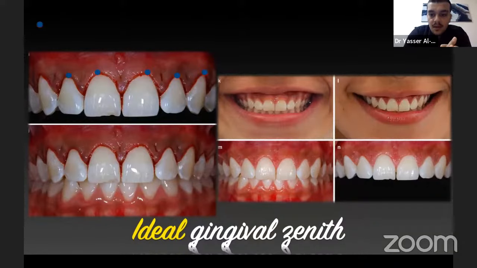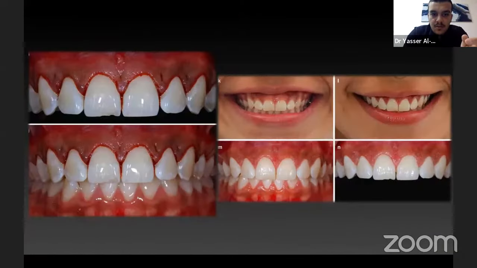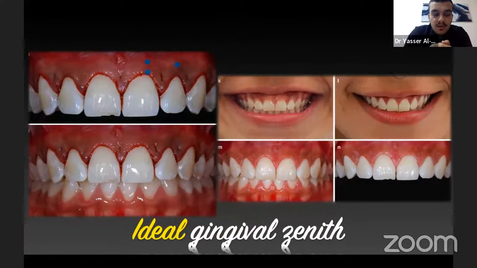So this is the ideal when the patient comes for an ideal zenith point, or comes to decrease the gummy smile, and we do either surgical crown lengthening or aesthetic laser-assisted gingivectomy. We should make the zenith point of the centrals and canines look slightly to the distal side, and the lateral incisors in the middle.